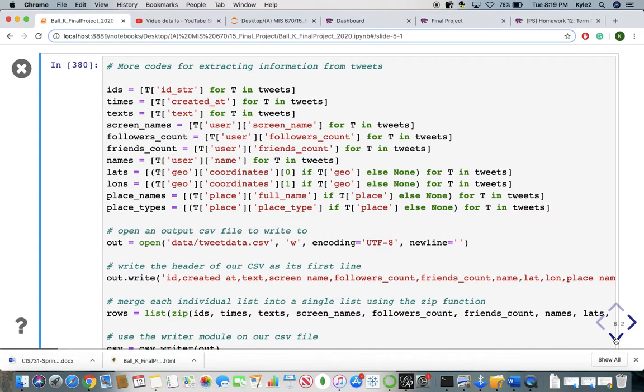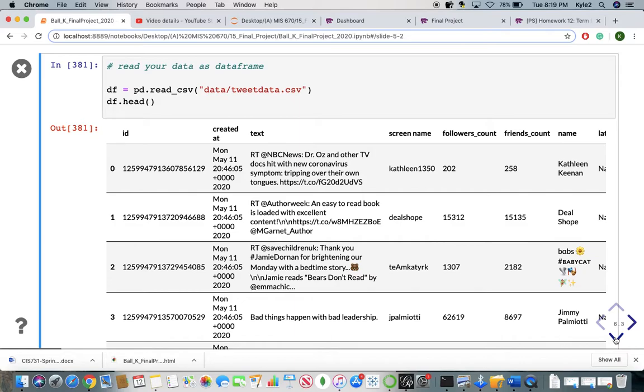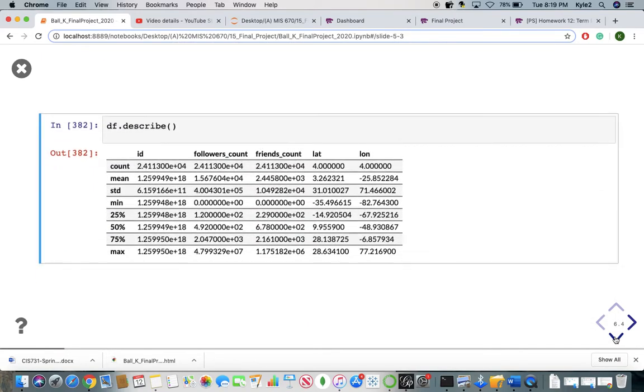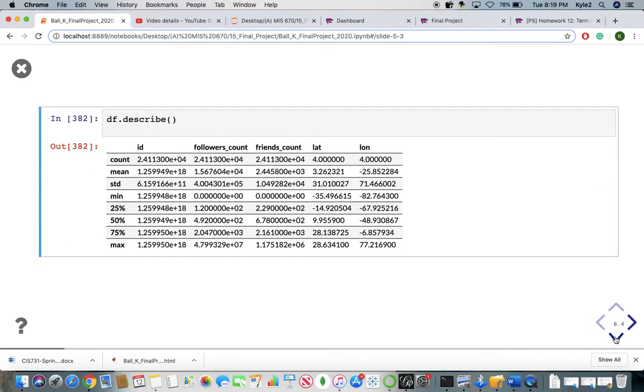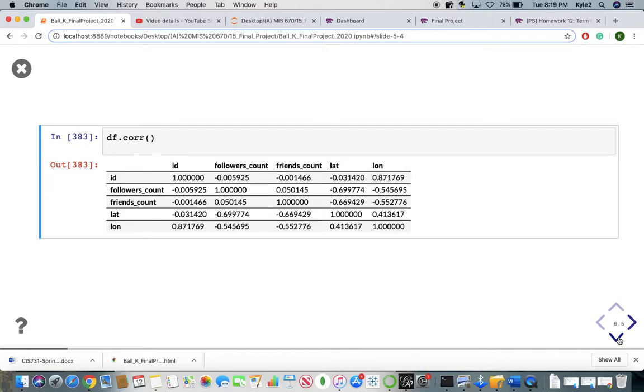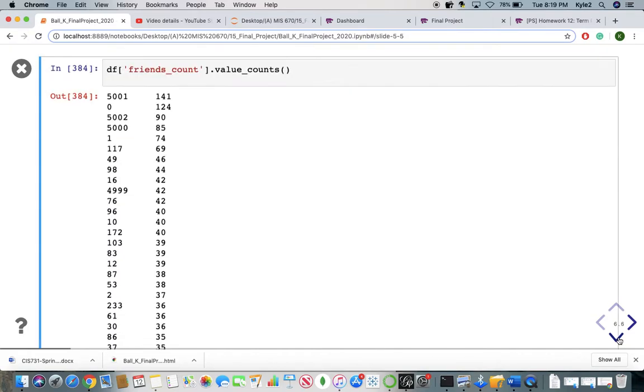This takes all the data from Twitter that we got from the API and makes it so we can put it in a data frame with columns and actually look at it, use it, and see it more clearly. Since I had it in a data frame, I wanted to do a few things on it. I wanted to see the follower count, maybe between follower count and friends list, to get a better idea of what's going on there. I thought it was interesting. I did a little correlation analysis on it as well.